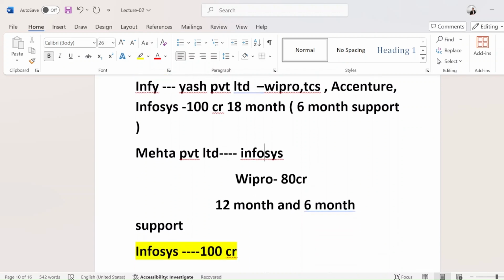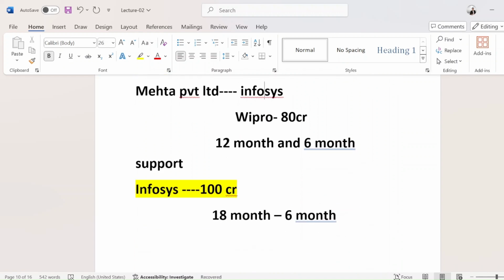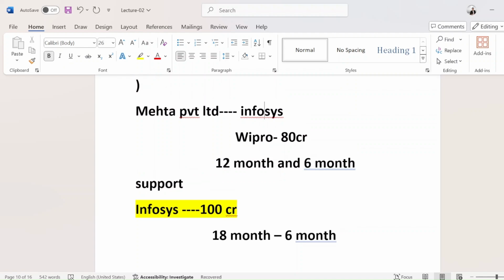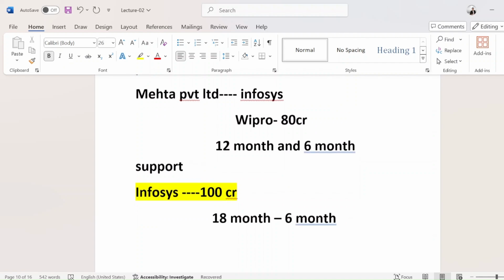They will collect all this information and the Infosys team will map all these requirements in the SAP environment.